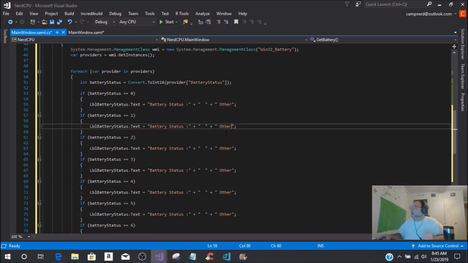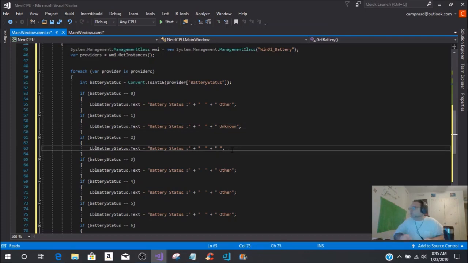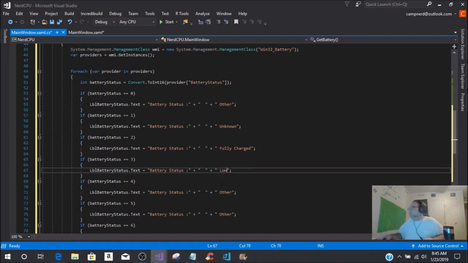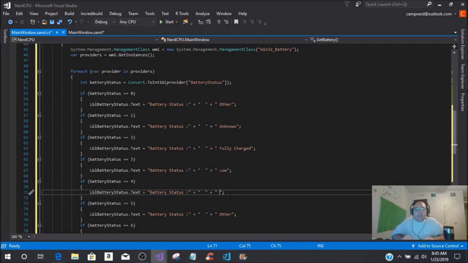So you've got other, and then you have unknown, then you have fully charged, and then you have low, and then you have critical,